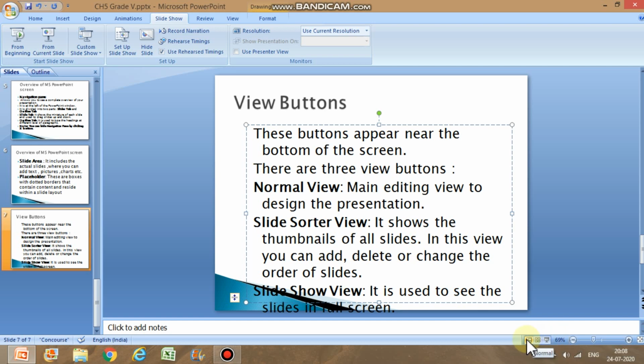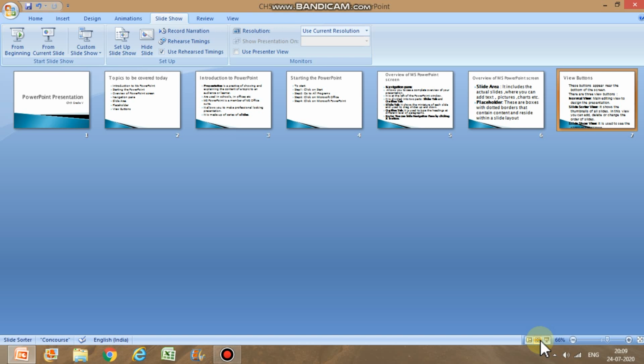So now see, I am going to click normal. Nothing will happen because we are already on normal view. I have clicked normal view, but as we were already on normal view, nothing happened, right? Now we have slide sorter view. Once I click slide sorter, you can see our slides came like points. I have 7 slides in my presentation and all came: 1, 2, 3, 4, 5, 6, 7, right?